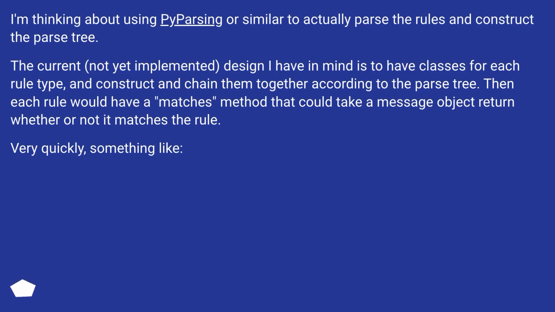I'm thinking about using PyParsing or similar to actually parse the rules and construct the parse tree. The current, not yet implemented, design I have in mind is to have classes for each rule type, and construct and chain them together according to the parse tree. Then each rule would have a matches method that could take a message object and return whether or not it matches the rule. Very quickly, something like